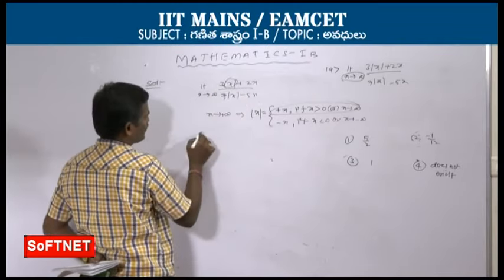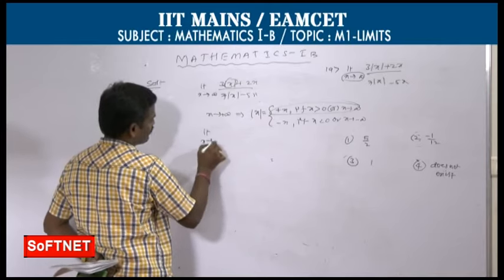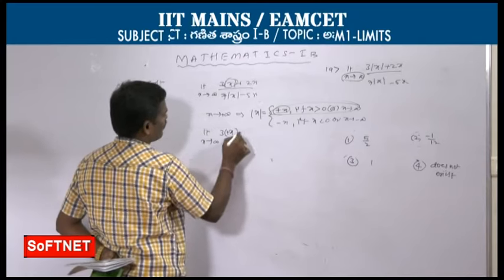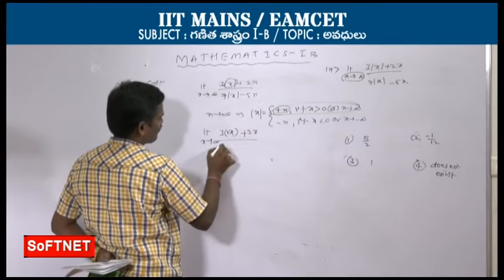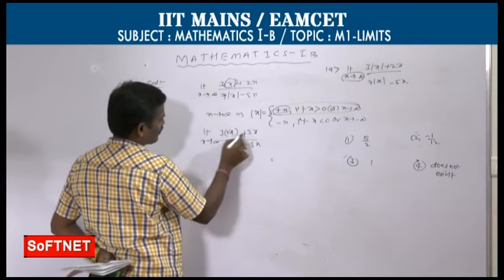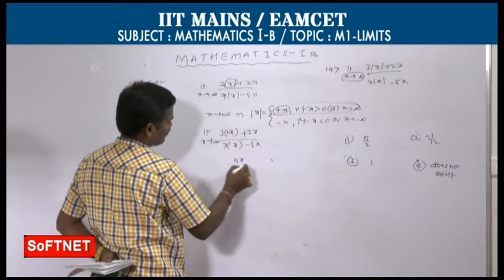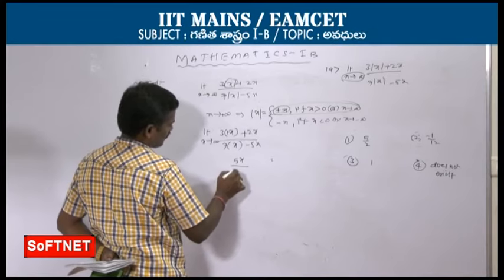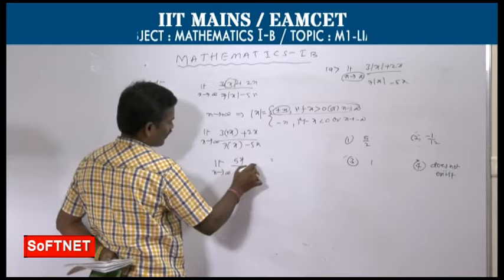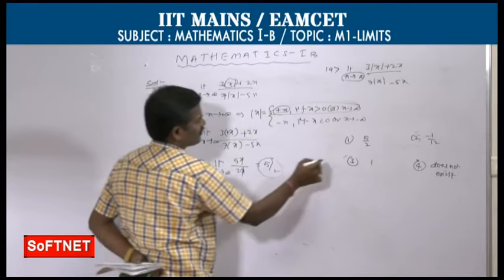So in that part, plus x for mod x. Limit as x extends to infinity, 3 of just plus x we take, plus 2x by 7 into, here also plus x we need to take, minus 5x. So 3x plus 2x, 5x by 7x minus 5x, 2x. X cancel, limit as x extends to infinity. So 5 by 2 is the answer. 5 by 2 is the answer. First option is the correct answer.